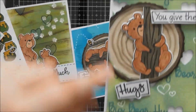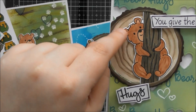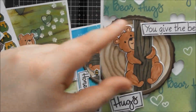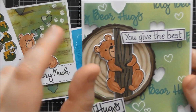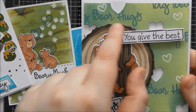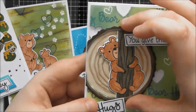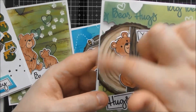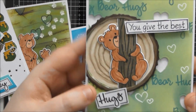And he does look really lovely more over to the left hand side, so his ears are hanging over the edge of the circle as well, so you can definitely place this wherever you want to, depending on what sentiment you're putting on the card, where you want the sentiment to be. Do you want the sentiment to be in the circle with him? Do you want the actual topper to be in the centre of the card, or do you want it off to one side and you trim a bit off? Are you using it on a square card? You know, there's loads of different